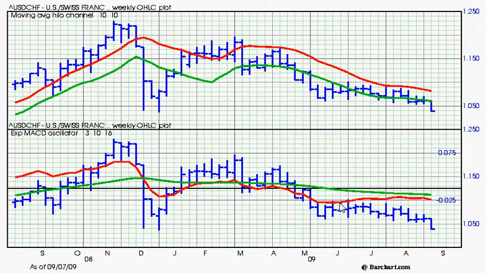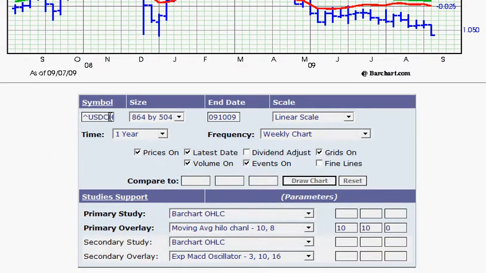And the MACD, weekly MACD, is on a sell signal. Again, we had this little pullback on the red line, but as long as it stays on a sell signal, the trend's still down. The pullback just reflects the sideways counter trend pullback. So on our premium newsletter, we're going to be looking to take sell signals for the USD CHF, and then we'll look at the